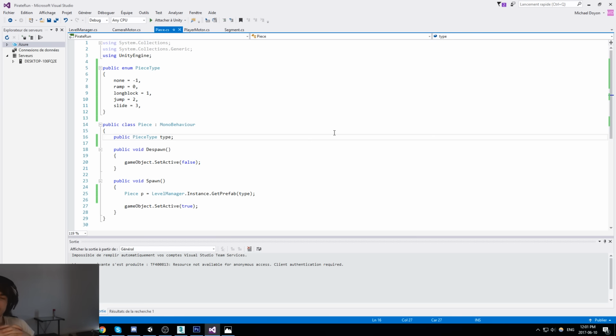So my problem is quite awful. I've changed the whole system while I was rewriting this, and this one's still using the old way. And unfortunately, I can't get help from you guys because I haven't shown you what I did. So okay, we have segments over here, then we do a set active false. And we get a game object. I just want to stack this one over where I am right now. Can I do that? Or is that going to be too weird?